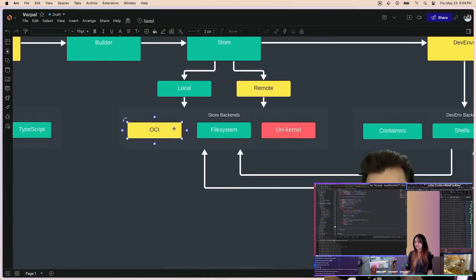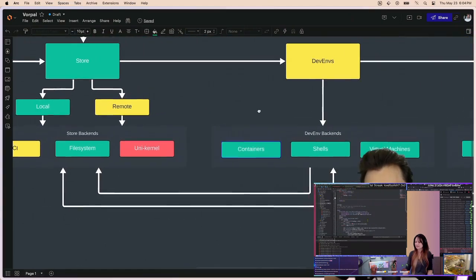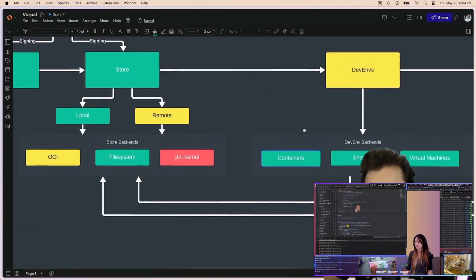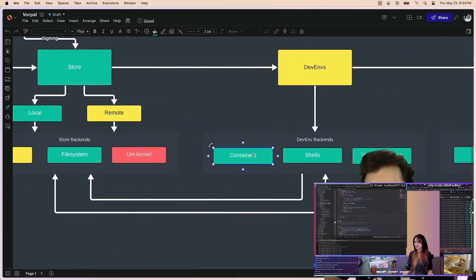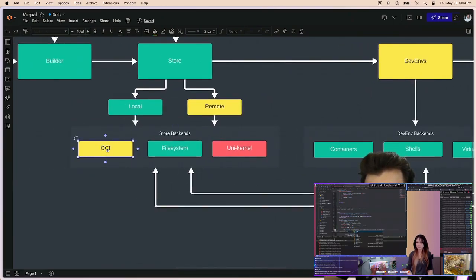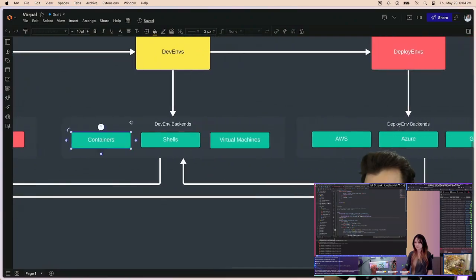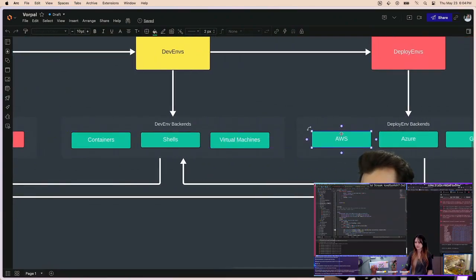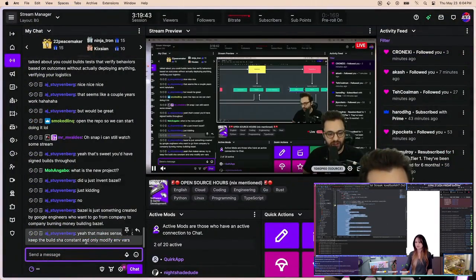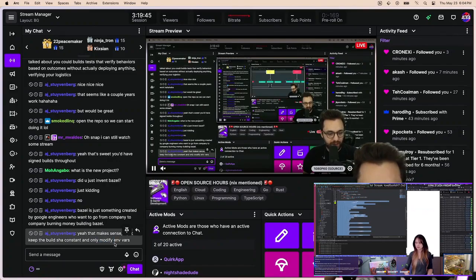So if I built an OCI image and then ran a container in my dev-env, that image would be the same, and I would make it so that my container could take different environment variables or a different configuration interface or something like that. So it ran with the dev credentials and the dev configuration. But this image that's built here is the same here, and it's the same here. Exactly what AJ's saying: try to keep the build SHA constant and only modify env vars.